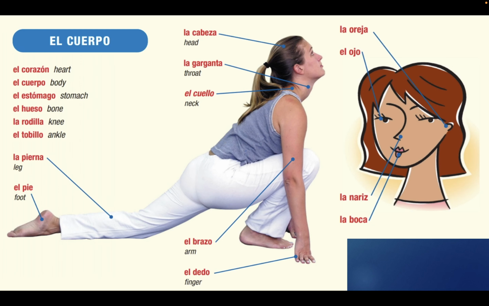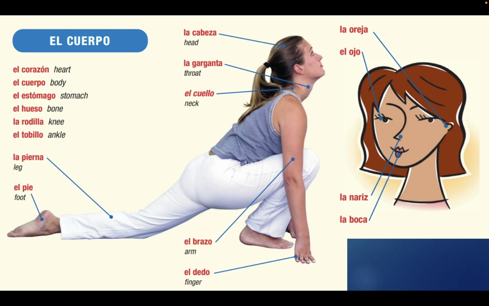As always, we'll get started with some vocabulario. So if you would, just take a look at these and then we'll repeat them together. So we start with el corazón, the heart, el cuerpo, the body, el estómago, the stomach, el hueso, a bone, la rodilla, one's knee, el tobillo, the ankle, la pierna, the leg, el pie, the foot, la cabeza, the head,